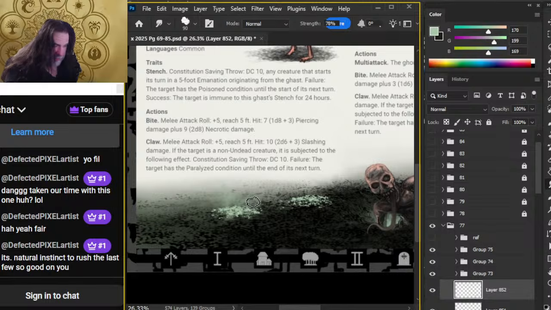Just a little bit of, I mean, there's literally not much left. I think I'm going to poke at his skull a little bit more. But other than that, this piece is basically done. Put some of this stuff in here. There, and I think I want to put in